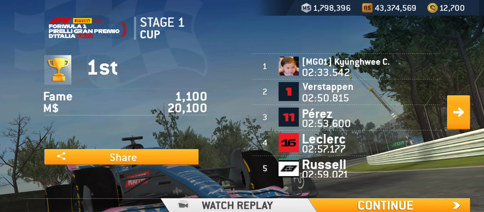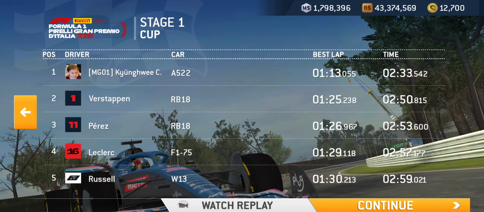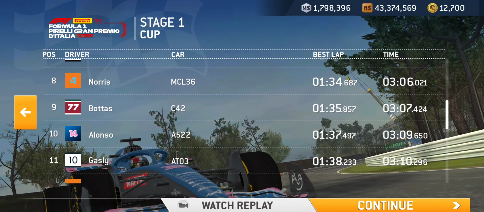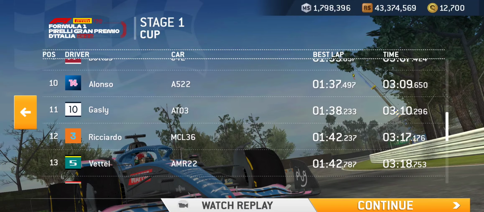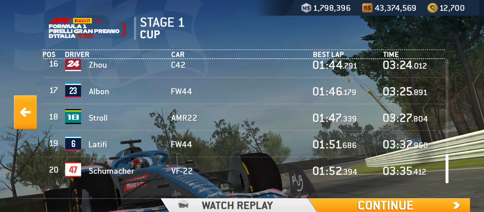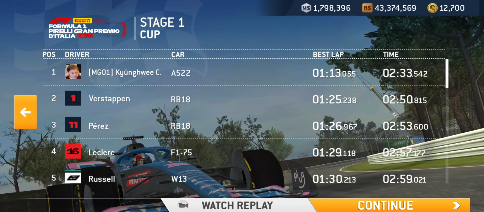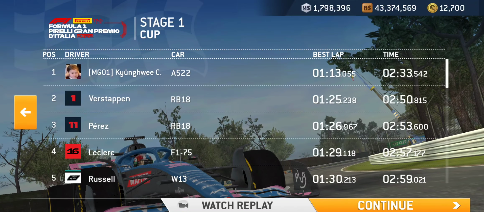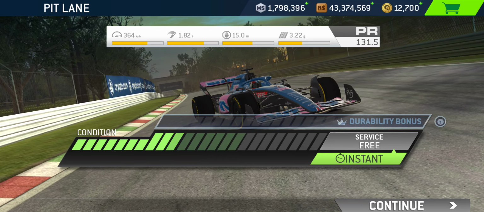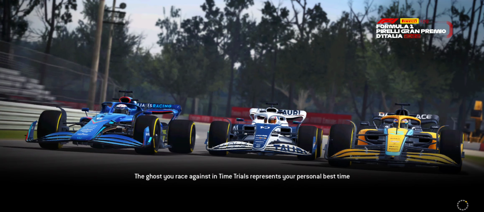All right. So yeah, I got A522, and we got Alonso in A522, and oh no, that one had only 2. Okay, no, all right, no Ocon in this one. He got kicked out, I guess. Anyway,